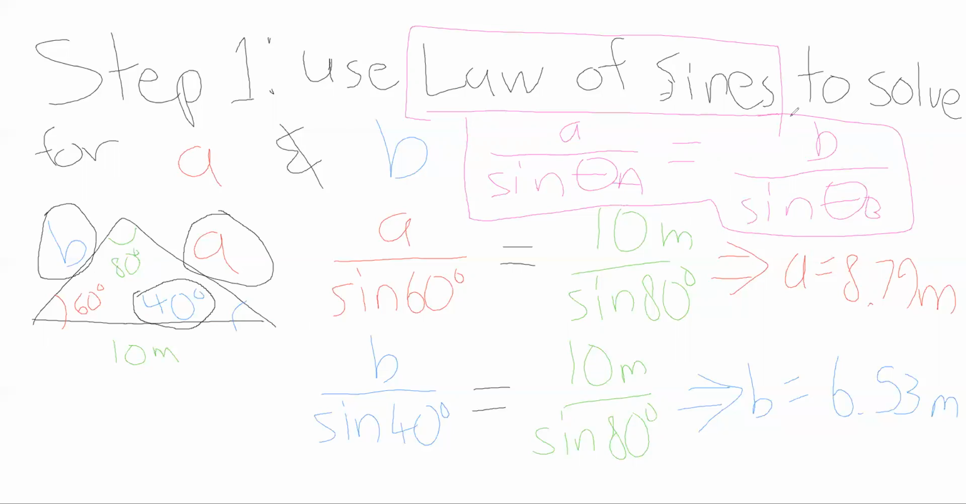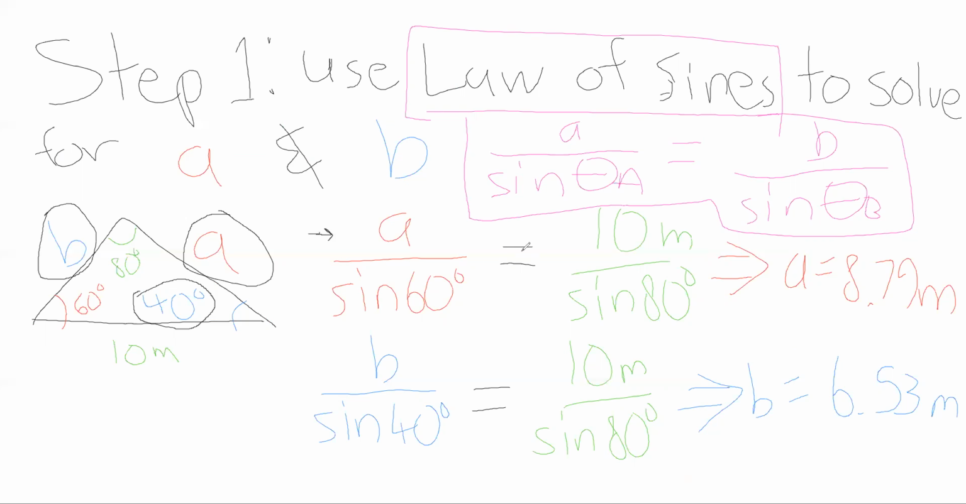So this is the law of sines. The law of sines just says the length of a side divided by its opposite angle is equal to the length of another side of a triangle divided by that side's opposite angle. So we apply it first to find side A here. So A divided by sine of 60, you can see that right over here,